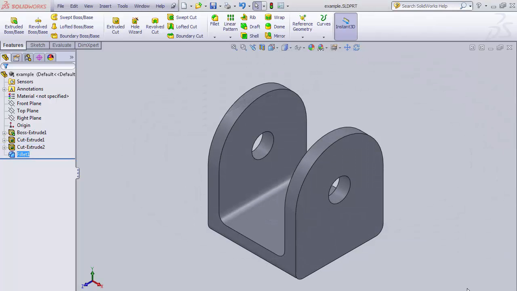Now that we've gone over all the fundamentals, let's go through an example from start to finish and you can see how we put it all together. The example part I'd like to make is this part on the screen. Basically it's a U-shaped part with a hole that goes through the center and it's got some filleted edges on it. Remember, when we start thinking about how we're going to create our part in SolidWorks, we want to think about it in steps. We're going to create a feature and we're going to add or remove material from that base